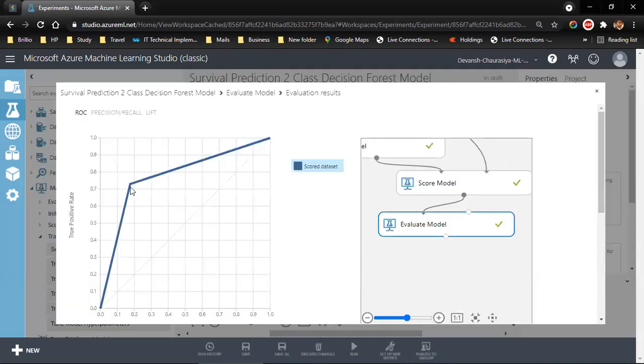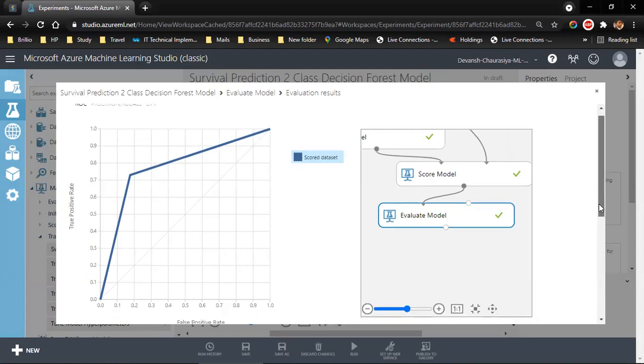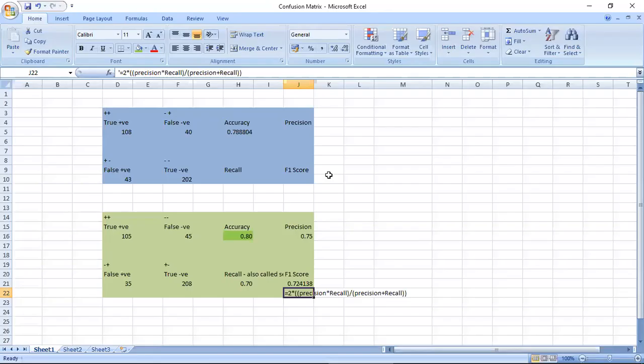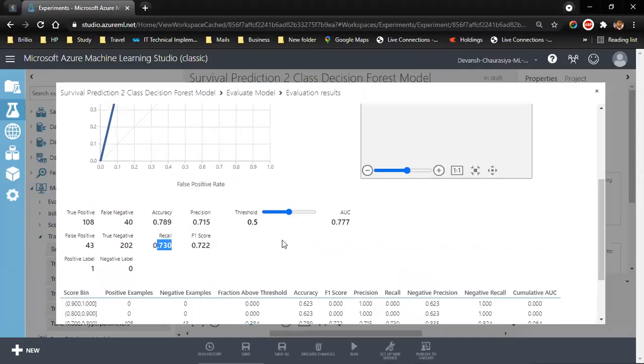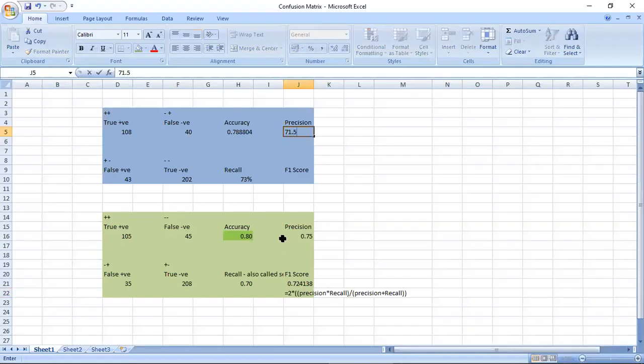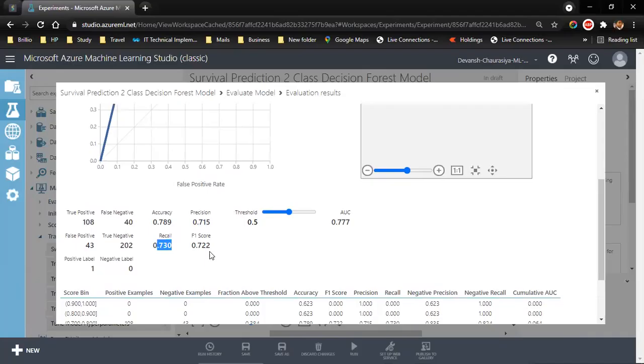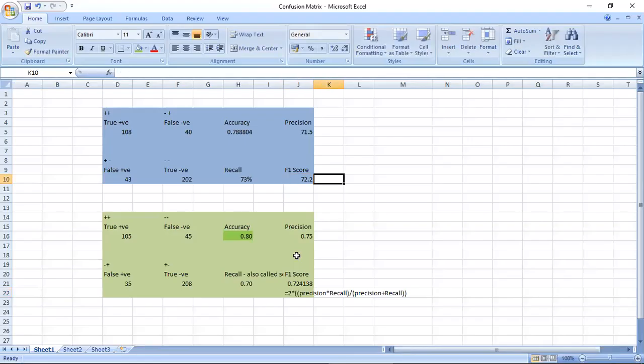So the area under the curve is definitely better in our new model, which is the hypertune model. Recall is 73. Let me write it over here, 73%, and precision is 71.5. F1 score is 72.2%.